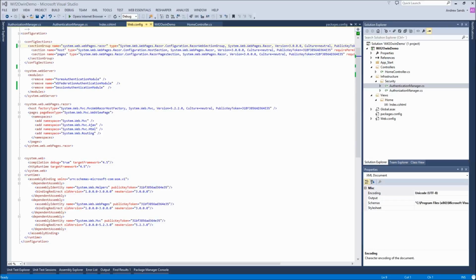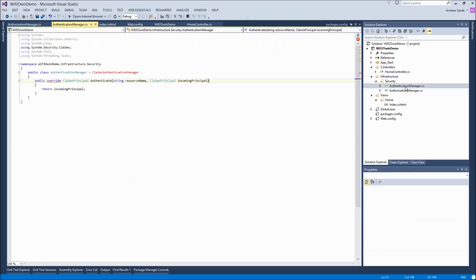Oh, and one last thing before we go, we need to clean up our authentication manager. This claims authentication manager is no longer relevant, so we removed the inheritance here. There's nothing to override. We will be using these authentication and authorization managers later. We will refactor them into services, and for that purpose I will no longer need the resource name on this